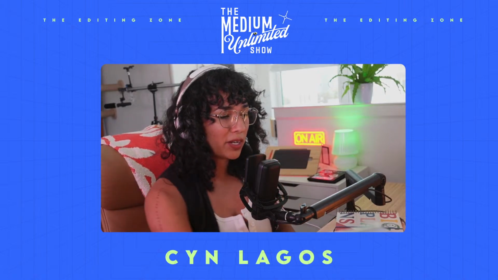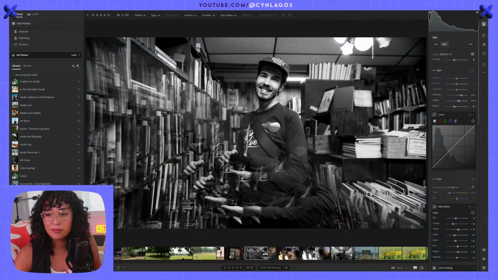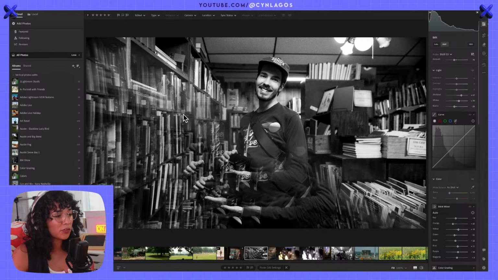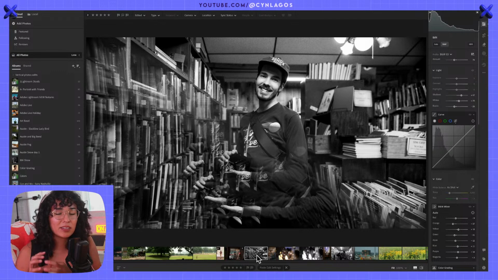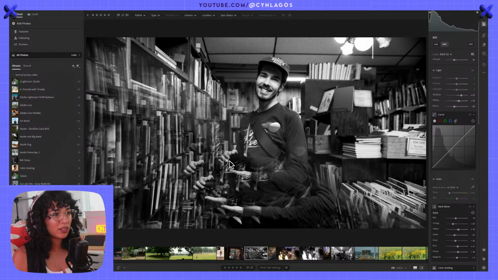All right, let's jump on in. Okay, so I've got this photo in front of me, and I love this photo because I took a filter that has a kaleidoscope effect. And so if you notice right here, you get to see some really cool multiplicity happening. And I really dig that, especially in something like this, because it has so much texture. Let's look at it up close. So there's a lot of texture here.